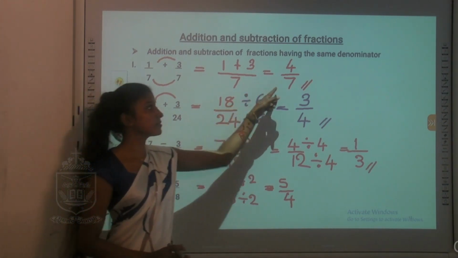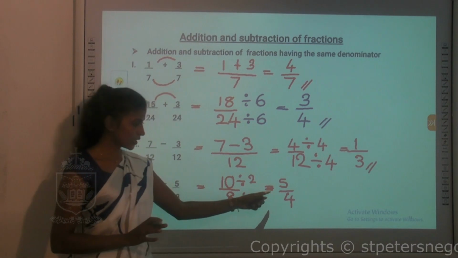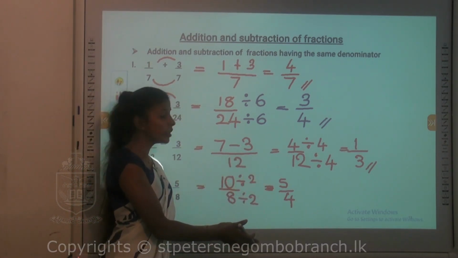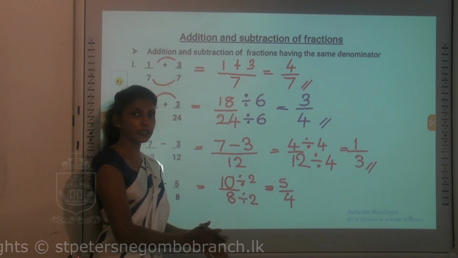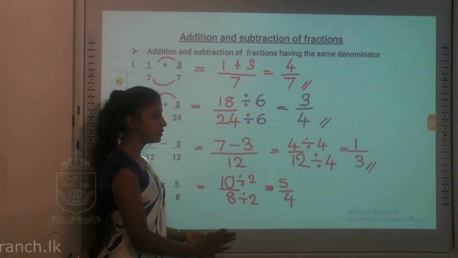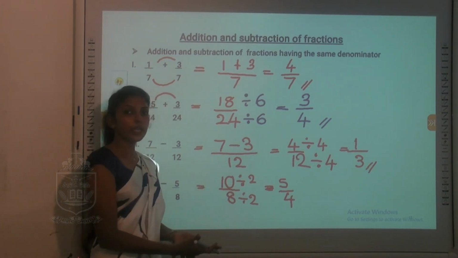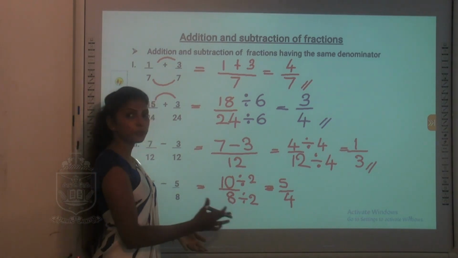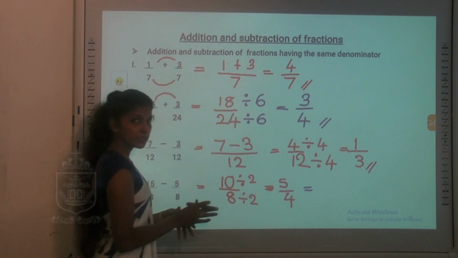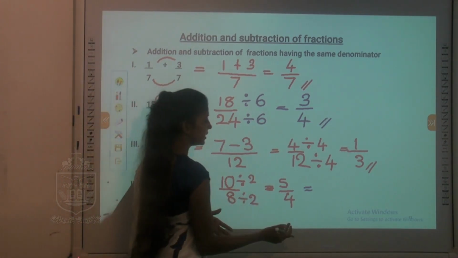Now, in the previous sums, we all got a proper fraction. But in here, although we simplified it into the simplest form, we got an improper fraction. So you can't leave the improper fraction like that. You have to convert the improper fraction into a proper fraction. I hope you can remember how we converted an improper fraction into a proper fraction. You can use any method, method 1 or method 2. Using the division method will be easy for you all.